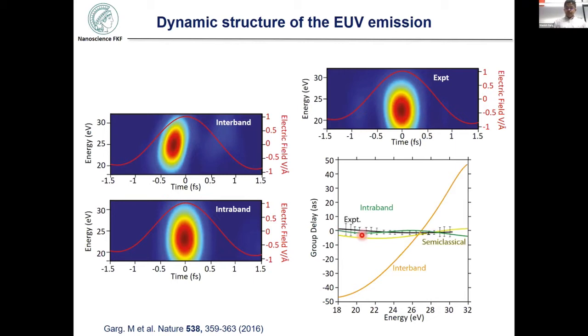And this is the experimental group delay that we obtain, and it resembles perfectly well the intraband current. Now, in order to be 100% sure that we are measuring precise quantities, we have to look at things which are precisely known in the literature. If you look at the EUV emission which comes from gases and is characterized in our setup, we clearly see the positive chirp that comes in the case of high harmonics from gases, and this is also compatible with the semi-classical model from Lewenstein.